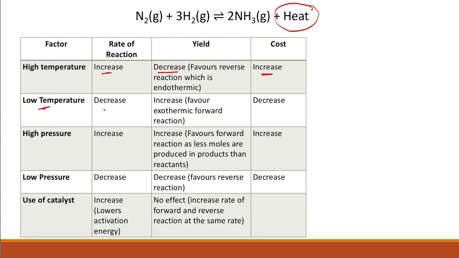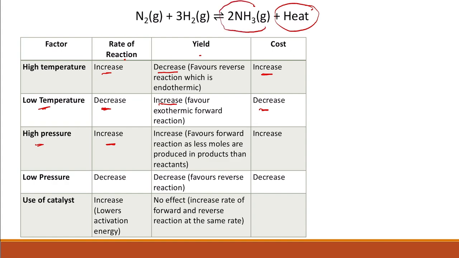Lower temperature will reduce the rate, but it will increase the yield because it will favor the exothermic reaction. The cost here will be decreased. So to balance the temperature between the rate of the reaction, yield and cost, the temperature of 450 degrees is used. Pressure, if we use high pressure, that will increase the rate of the reaction,